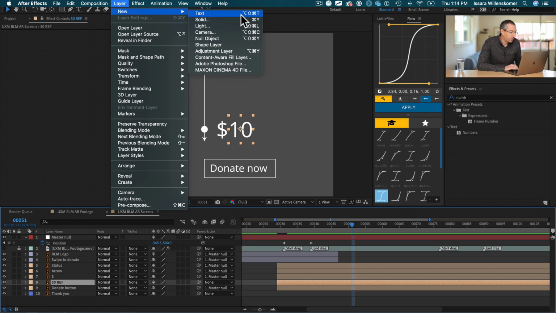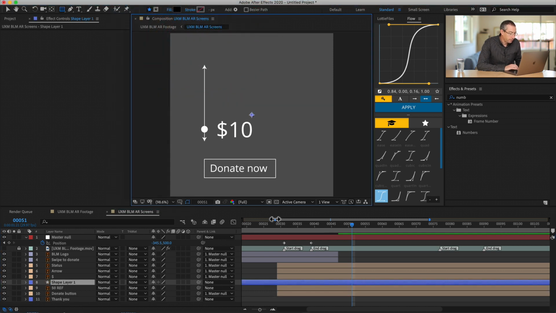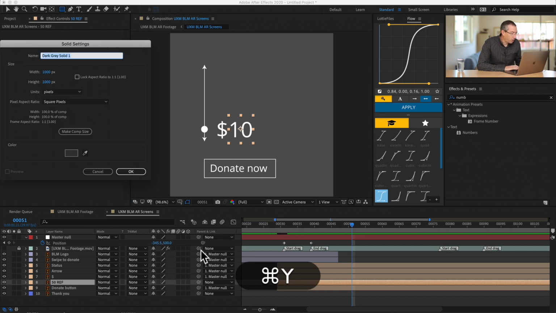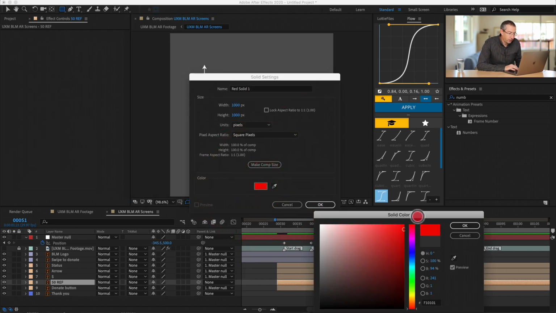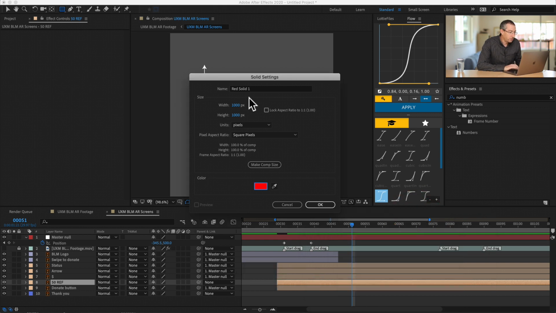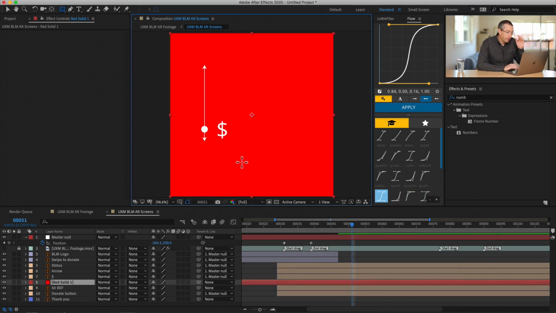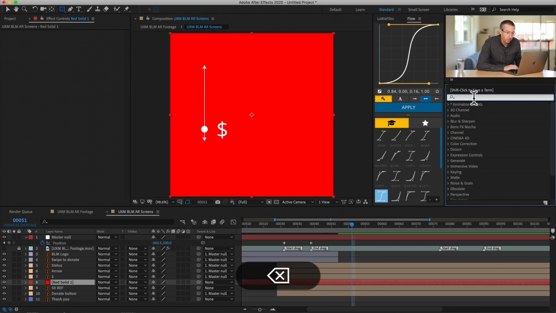So if you go to Layer, New, you can do a new shape layer here. I just hit Command Y on the keyboard to create a new solid, and it's okay what the color is. It doesn't really matter. Just make sure it's the same dimensions. It makes this big red solid. Now, if I go to my effects and presets, if this is blank here, I would type in numbers,